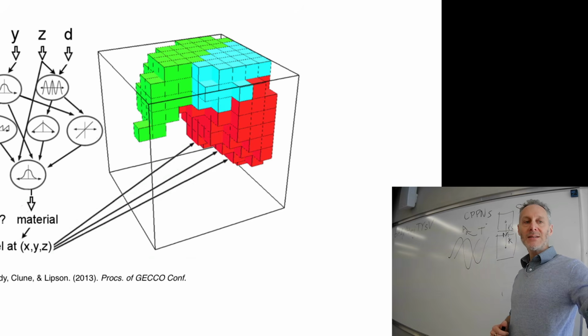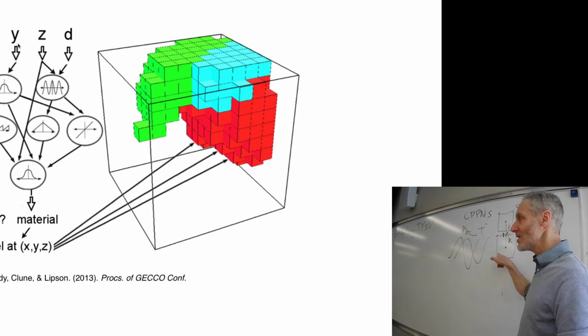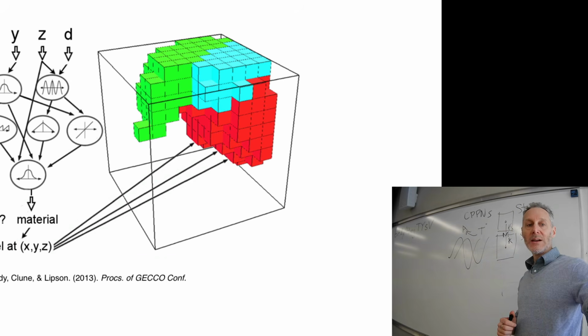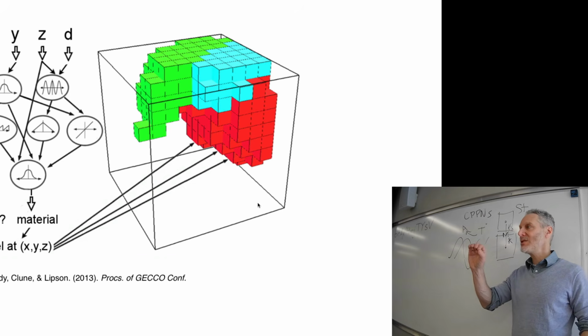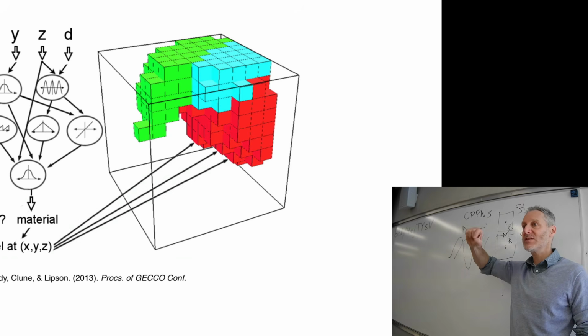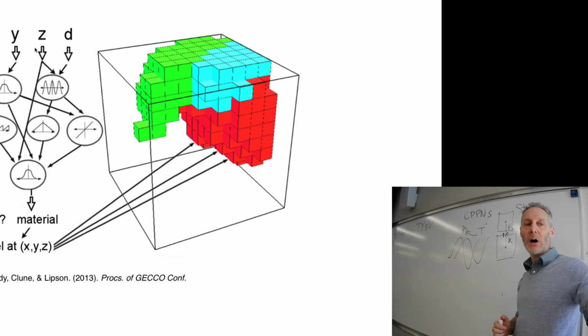Remember that a CPPN takes as input a bunch of positions in 3-dimensional space. So we've got our empty cube cage here. We're going to walk through this cube and visit a bunch of points in this cube. We're going to uniformly distribute points, and we're going to visit one point at a time. For every point, we're going to take its x, y, and z coordinates. Forget d for a moment. We'll come back to d. We're going to take the x, y, and z coordinates of that point, push it through a CPPN, and at